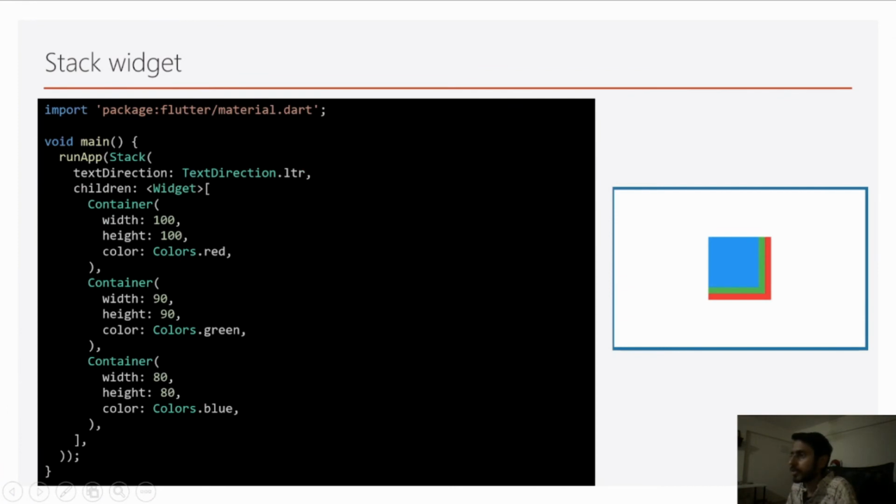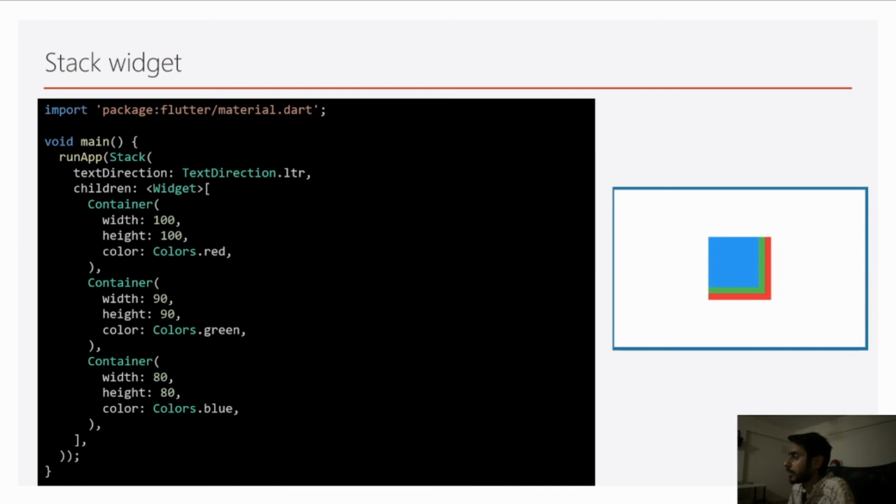Now let's try to understand the stack widget. Something similar to the right hand side of the screen. If you want something similar in your mobile app, then you have to use stack widget. What stack widget means is you can create layers.